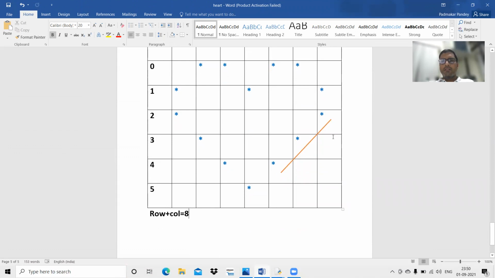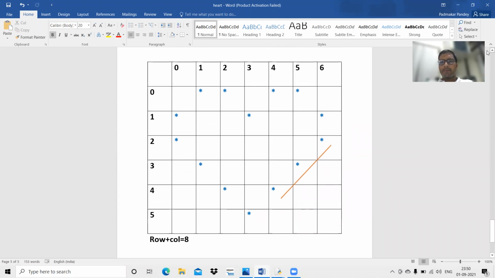Now you can see on the right side we have from row number 2 to 4. Okay, so here also we can see a pattern. For example, in this case, row number is 2, column number is 6. 2 plus 6 is 8. Here, row number is 3, column number is 5.